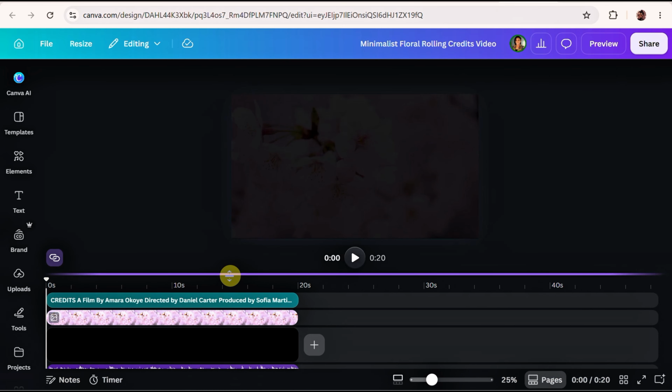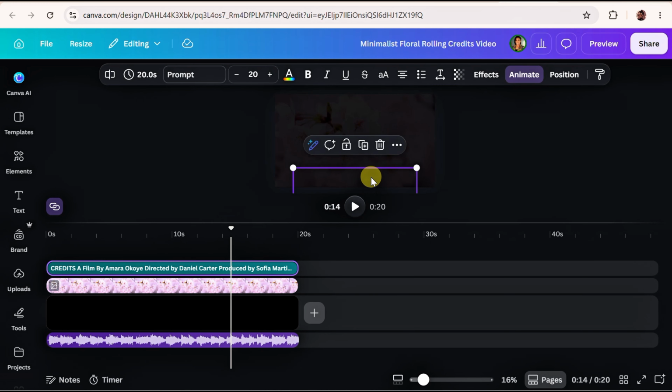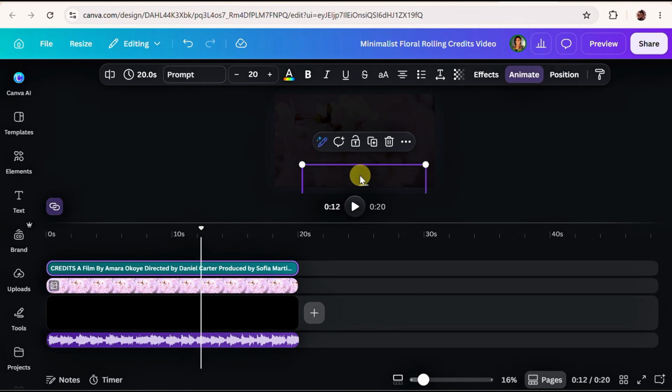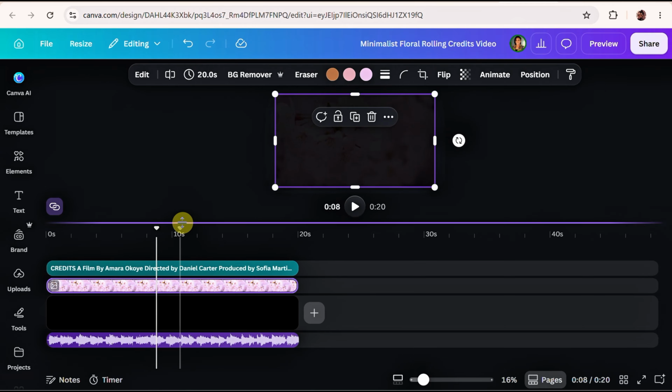From here, if I pull up the timeline, you can see the text here. This is where you're going to add in your own text. You're going to copy your text and paste it on this part. You can move it to the side, and you can also change this image if you want to use a